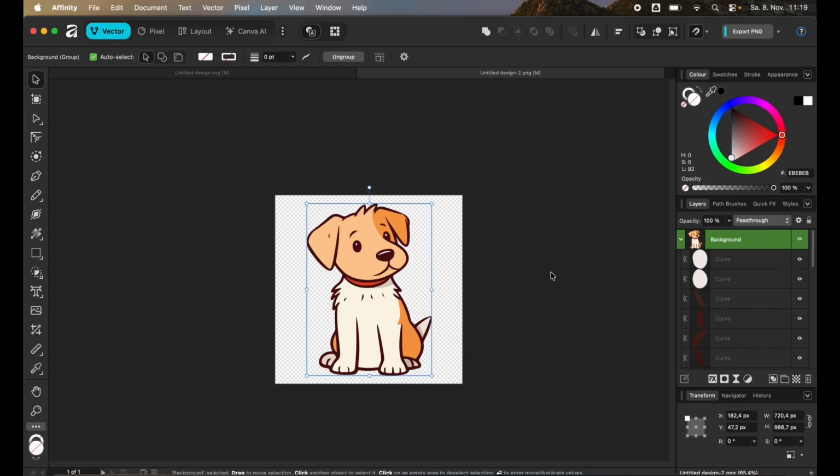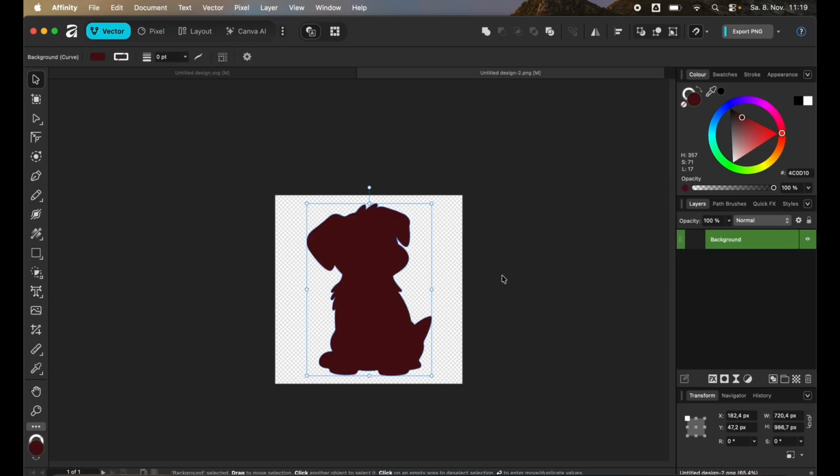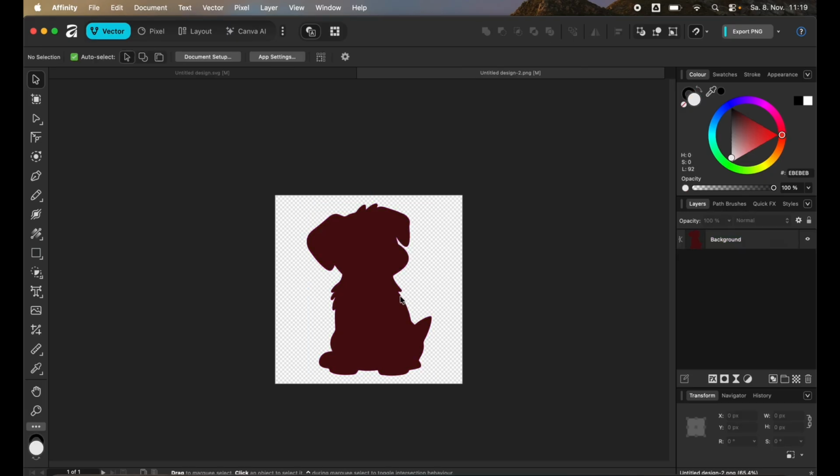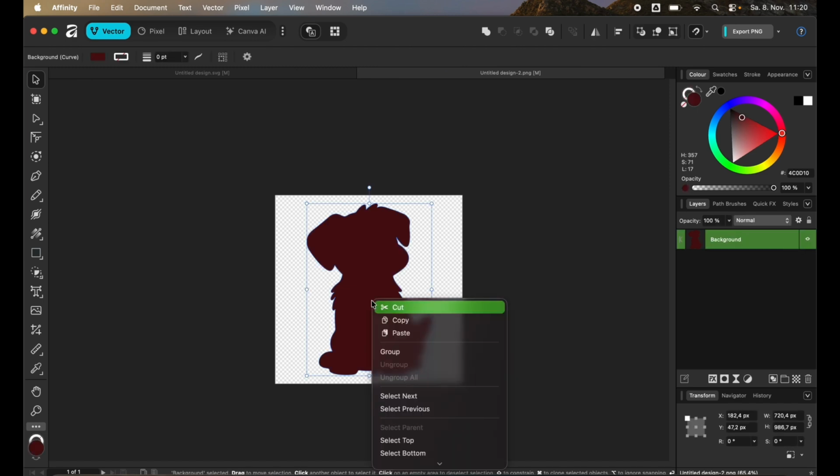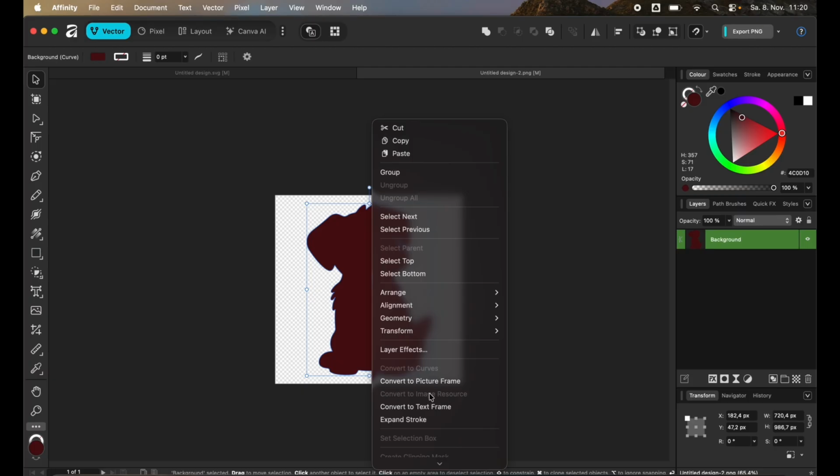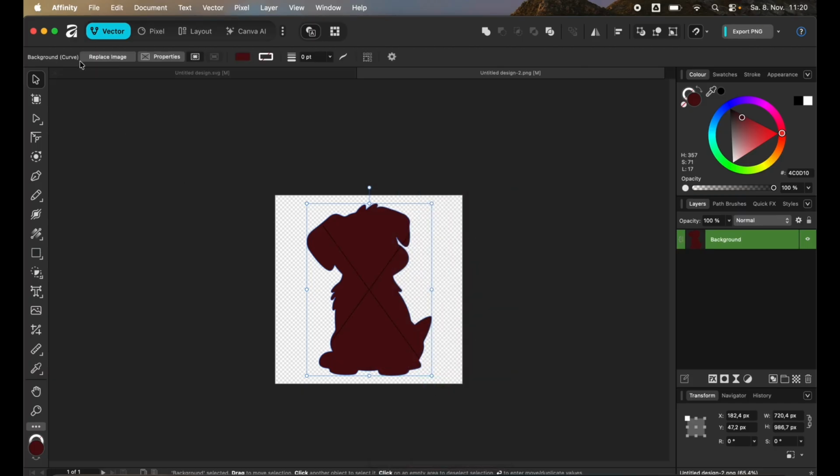You want to select all of the elements of the dog and then click on add here on the top. And then you just have the outline of the dog. So now we are basically at the same step as before. We have an outline, a vector file, and we want to again click on convert to picture frame, replace the